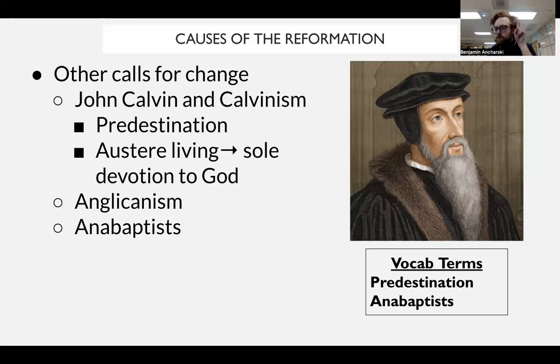So one of the big results of the Protestant Reformation, in addition to all of these new religions, is going to be the persecution of groups you don't agree with. If you are an Anabaptist, well, anywhere, you're probably going to get persecuted. If you're a Catholic in some place like England, you're going to get persecuted. If you're a Protestant in France, well, yeah, you're going to get persecuted, as we'll see later on. So a big impact of the Protestant Reformation, as we're going to see in just a second, is the creation of religious diversity, which does lead to religious persecution.